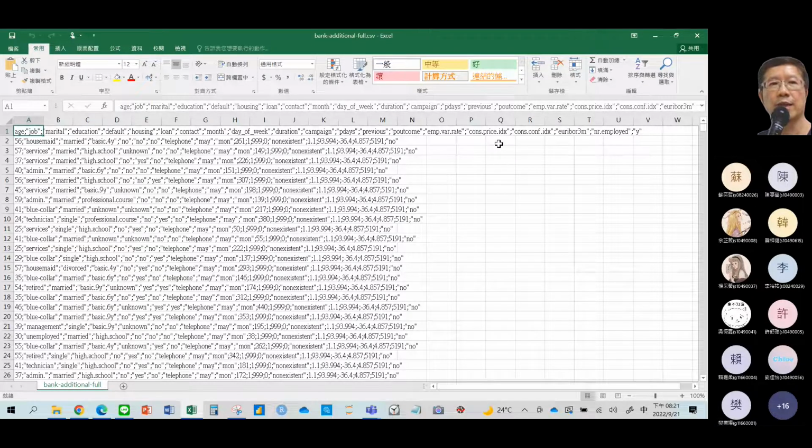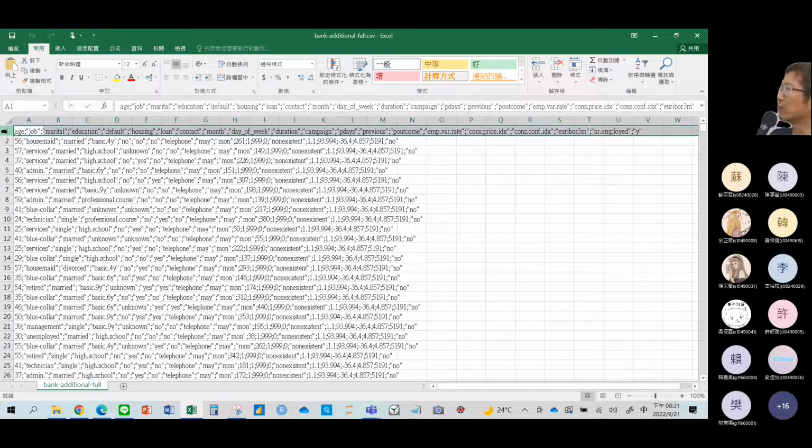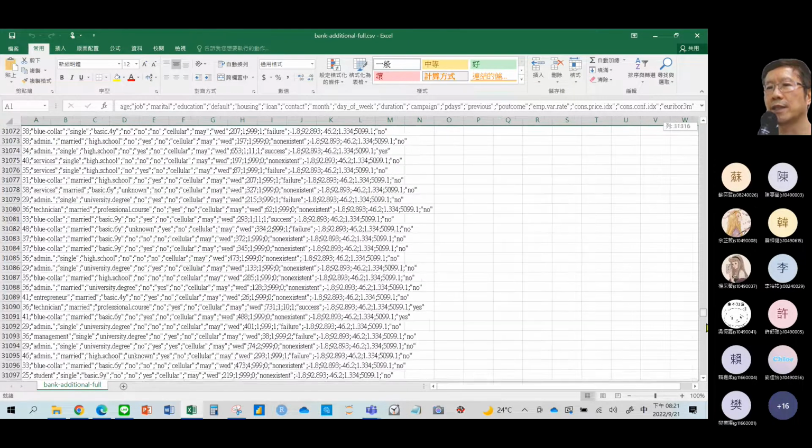For the first row, 第一行 is the names of the variables. For the first is age, right? 是不是我们刚才看到的第一个变量 age？第二个呢？What about the second variable? Job. Okay. What about the last one? Y. 最后一个是 Y，对不对？